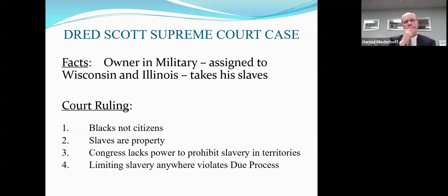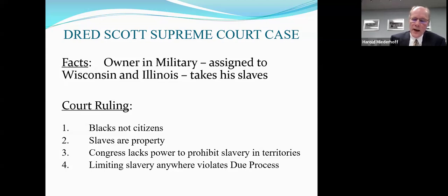His owner was in the military, a physician who was assigned to move from St. Louis to Illinois to serve in the military. And then later on, he served at a military site up in Wisconsin, which was part of the Northwest Territory. So you had a new state of Illinois that said, we do not allow for slavery. Wisconsin was not a state at the time, but it was part of the Northwest Territory that prohibited